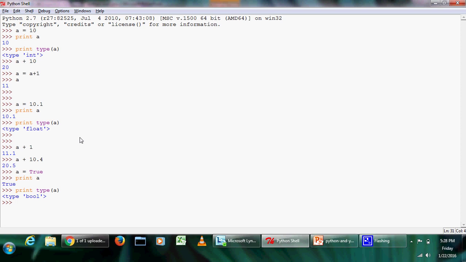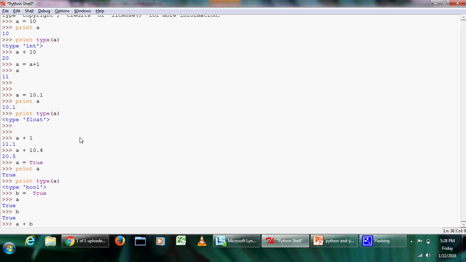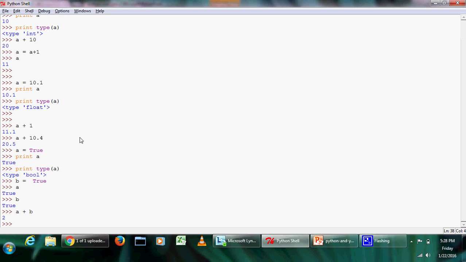I can say another variable b equal True. Now my a value is True, and b is also True. I say a plus b, so the value becomes 2. That means True is equivalent to 1 and False is equivalent to 0. When I say True plus True, it becomes 2. When I say True plus False, it becomes 1. When I say False plus False, it becomes 0. Okay, let's say I say b equal false,